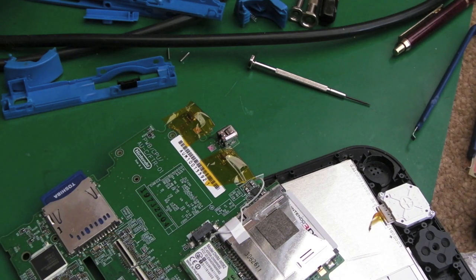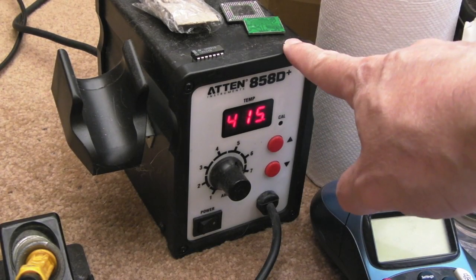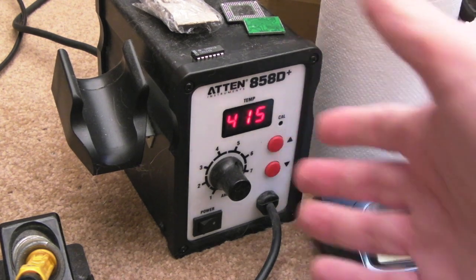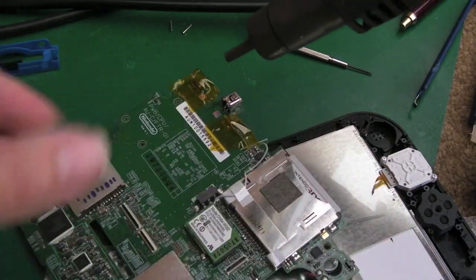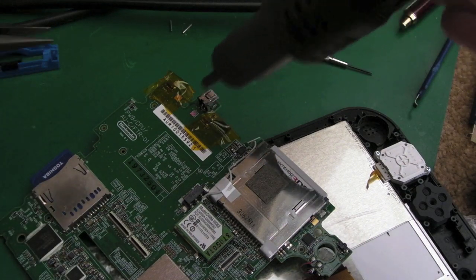So I'll switch the hot air on. I'm going to set the hot air to about 415. This cost me, I think, £60 or £70 a few years back, which is a lot of money, but it's an investment. If you're going to do surface mount stuff, invest in the right kit. Bear in mind we've got plastic down here, so I want to keep this as far away as possible and just focus on the